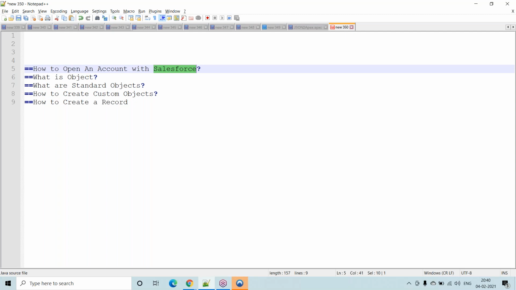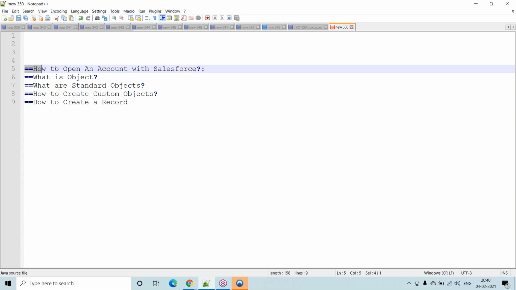Already we discussed in our demo, Salesforce is a cloud computing tool. Cloud computing tool means we don't want to install any software. So what is the prerequisite? We should open an account with Salesforce. Then wherever we go, we can access it and develop however we want. So the first point is no need to install any software. Then to work with Salesforce, we have to open an account with Salesforce.